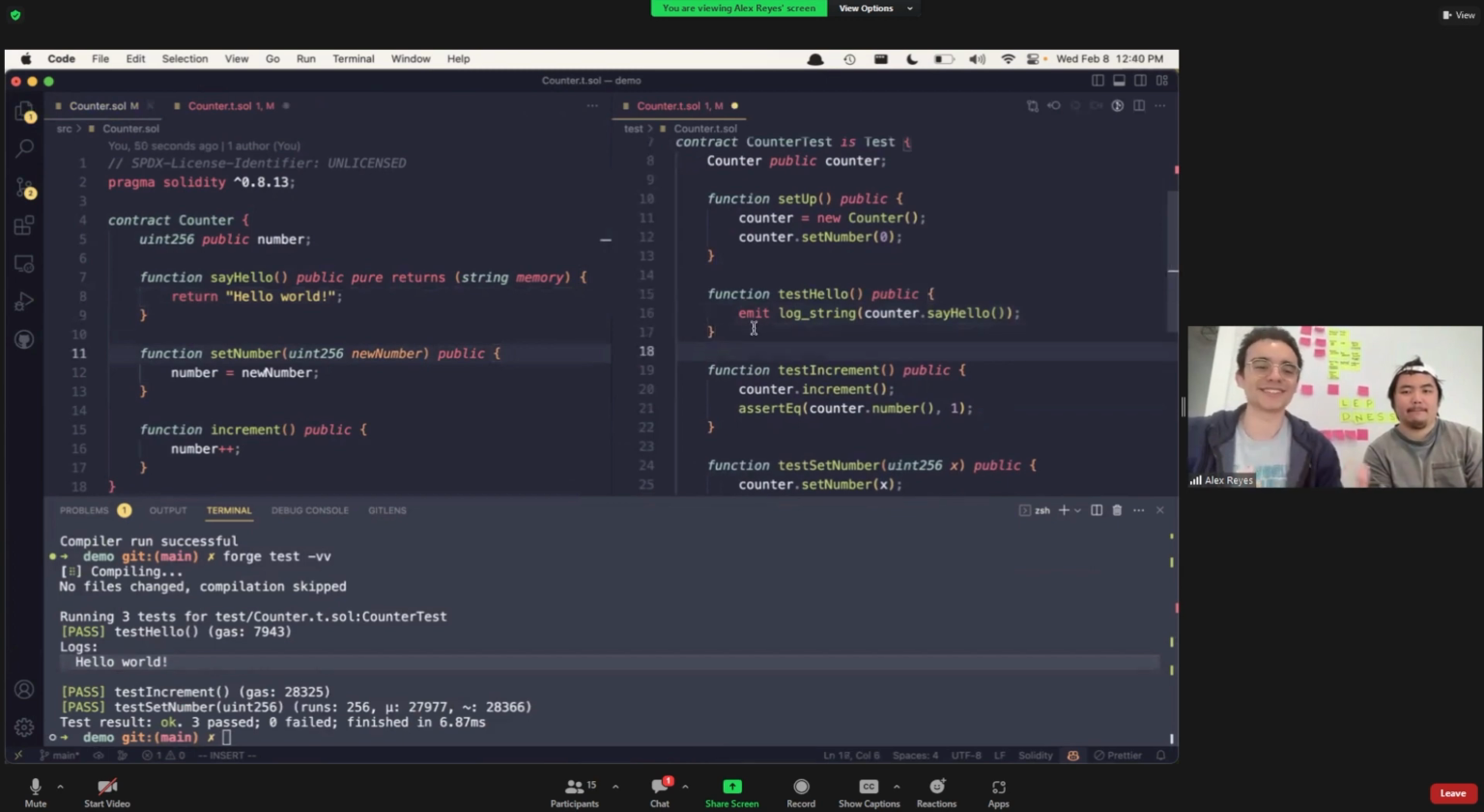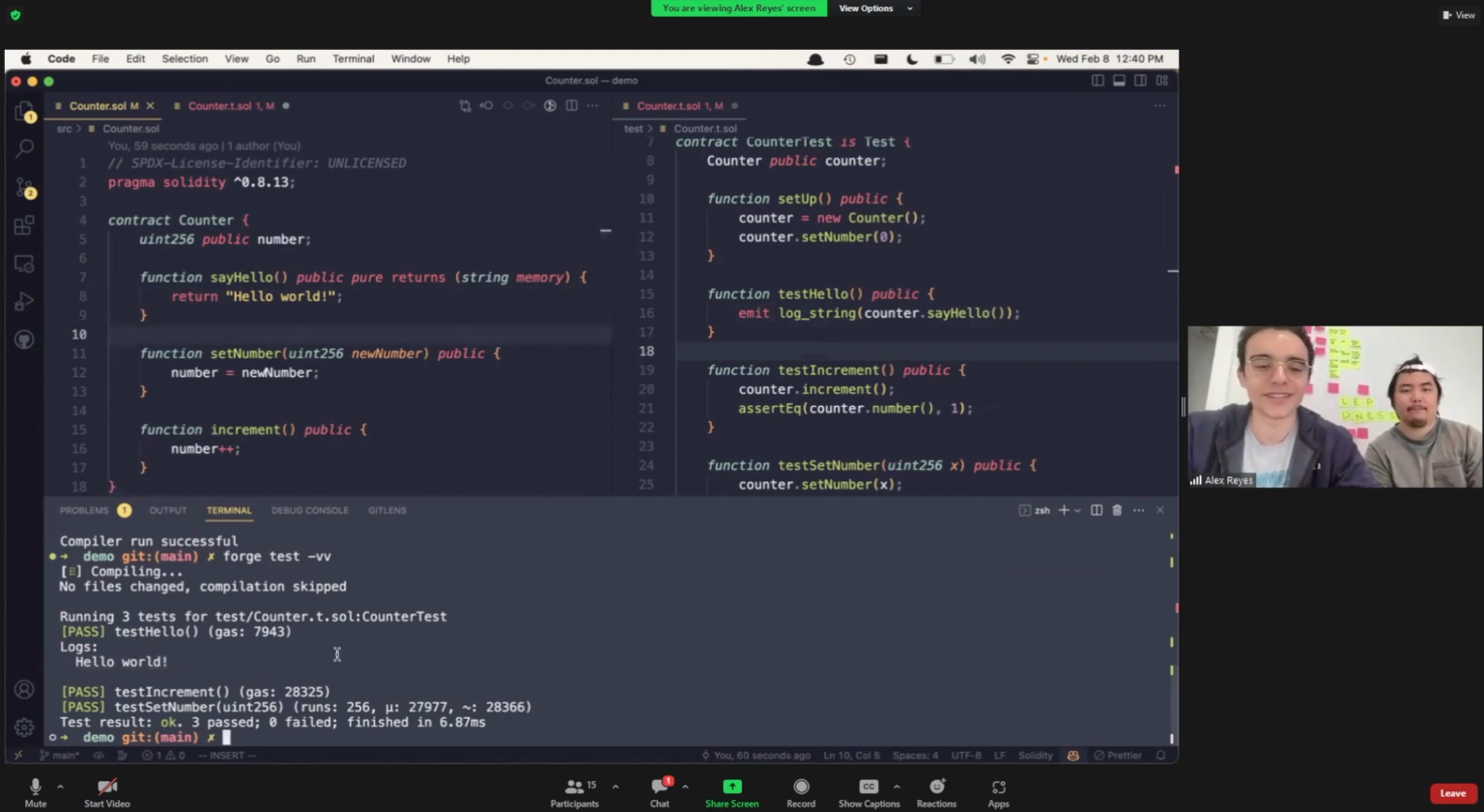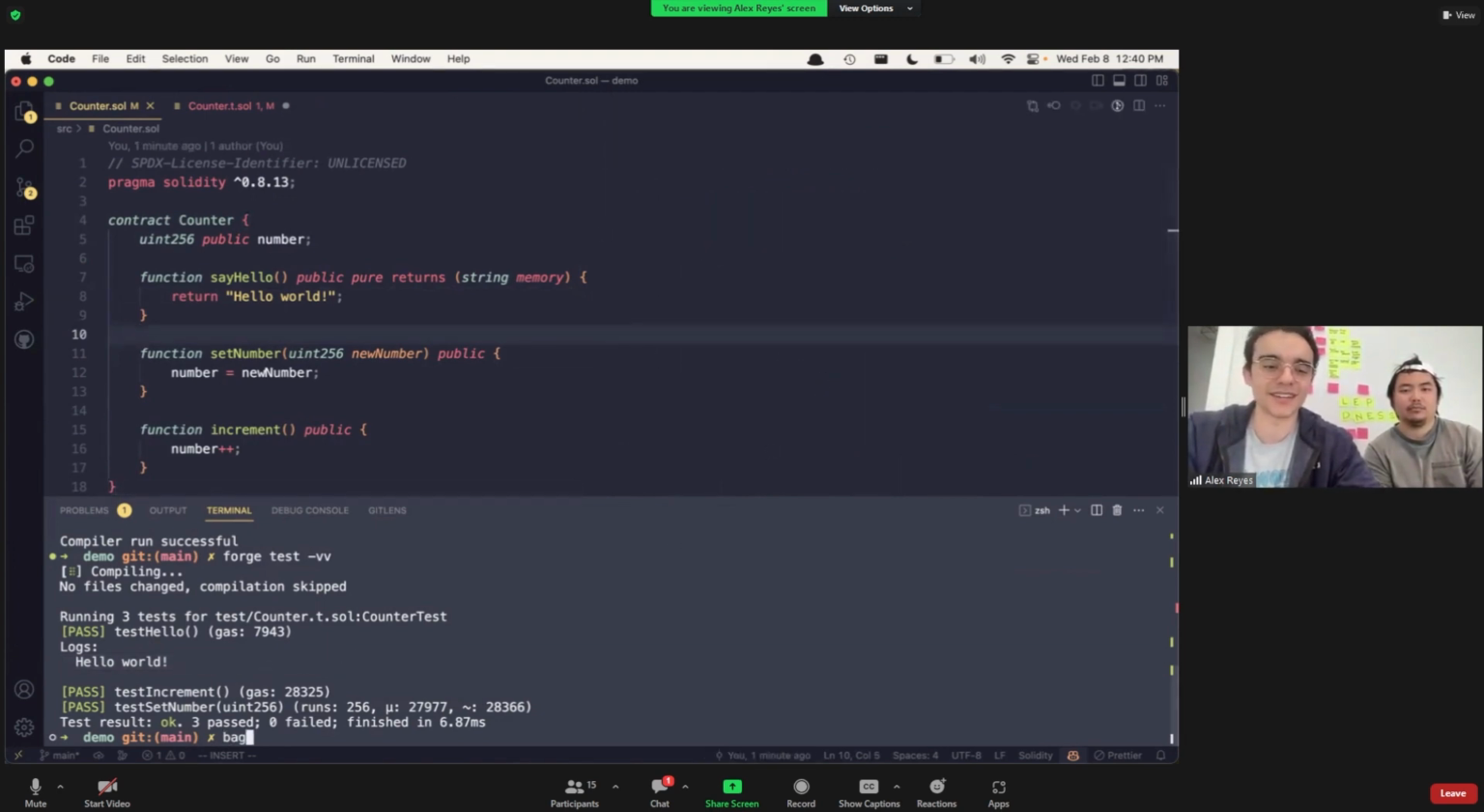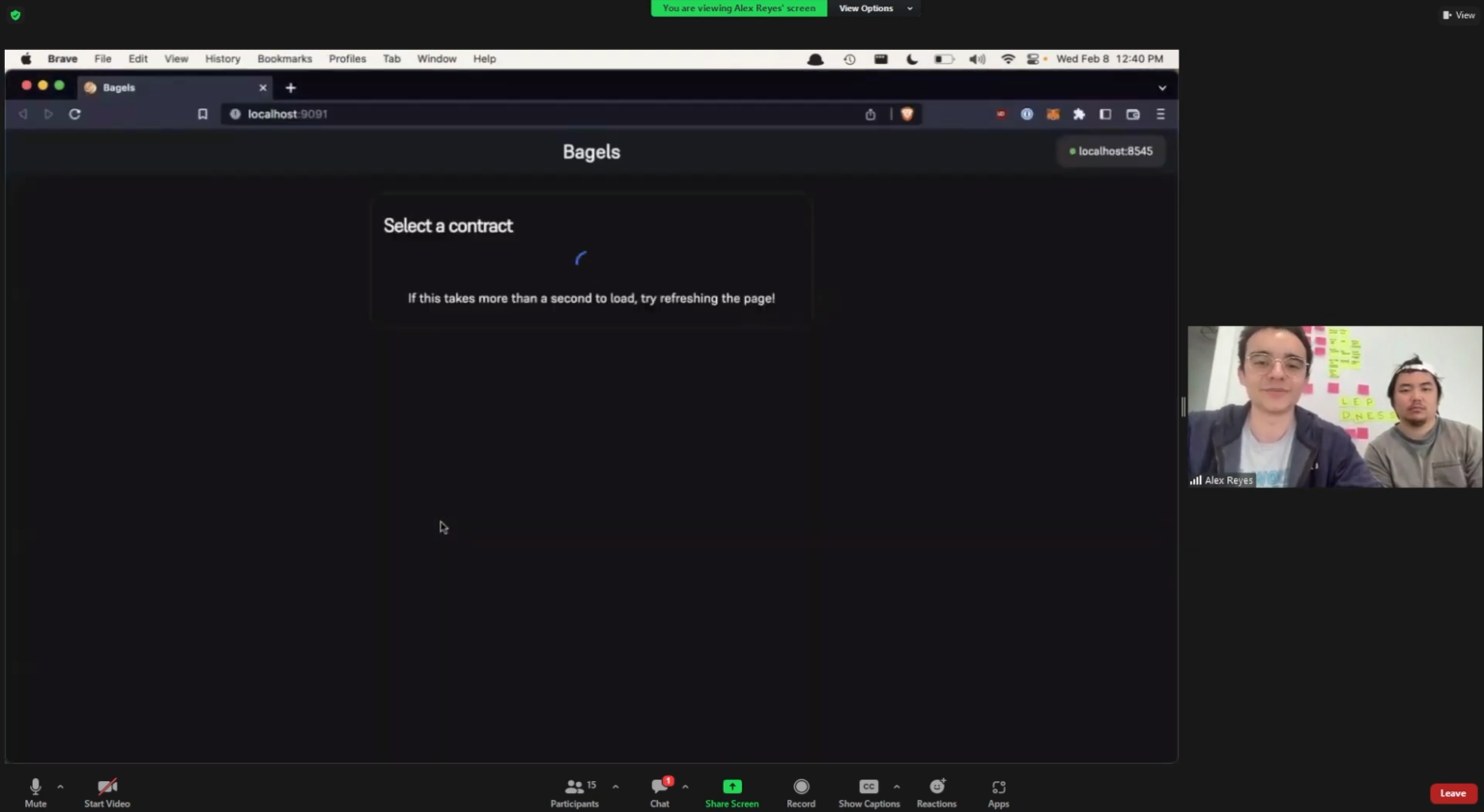But for us, it's just kind of like, dang, I wish I could just quickly see if this worked without having to do all those steps that you saw, like writing the function, then writing the test, and then running it and compiling it and all that. So we made this thing called Bagels, and the idea is to basically shorten all those steps. So to start Bagels, you just run bagels in your contract directory,